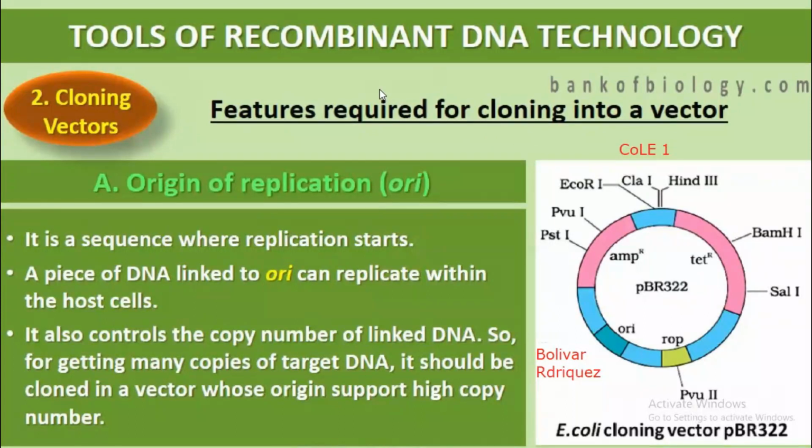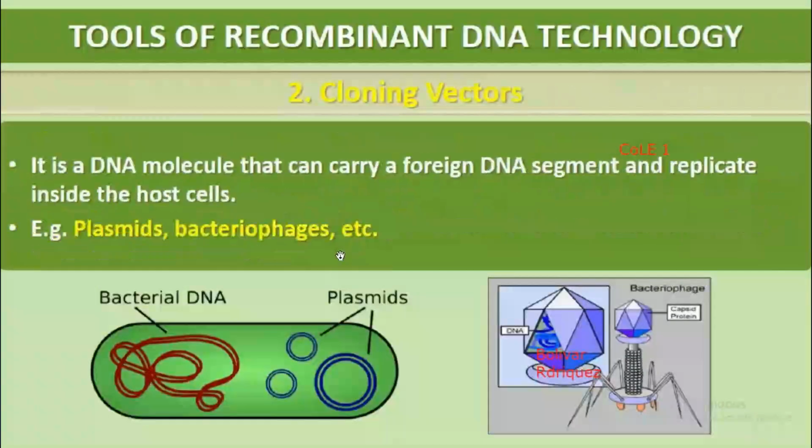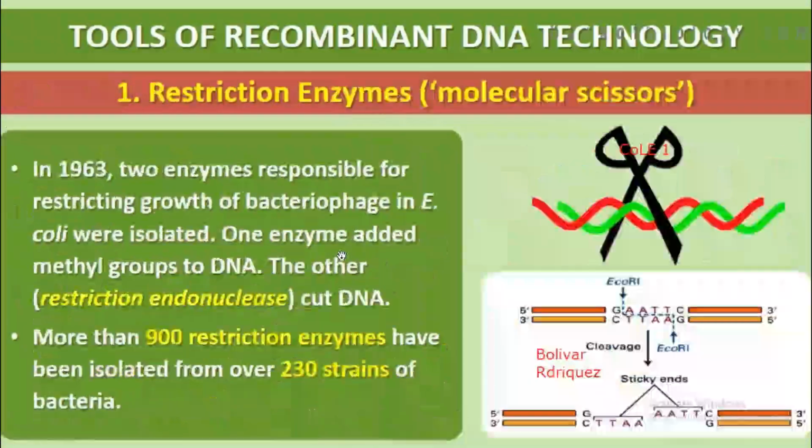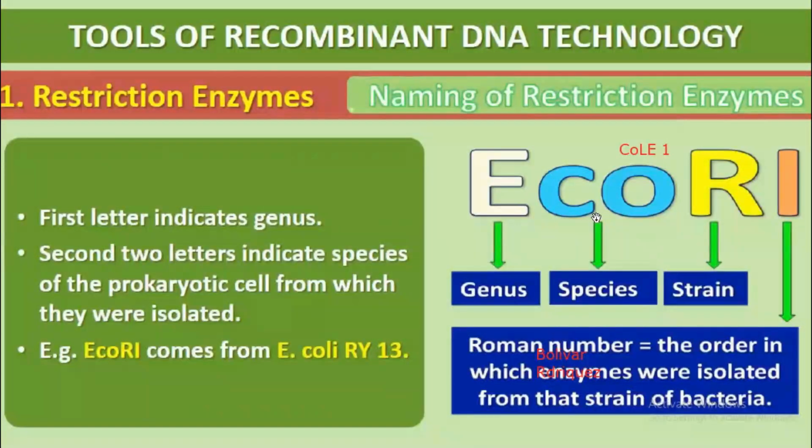All should remember it is an artificially synthesized plasmid from ColE1. Actually, ColE1 is the natural plasmid that is isolated from Escherichia coli. Here, please don't be confused with EcoRI. See, once again, please go through this. EcoRI is a restriction endonuclease enzyme. This is also isolated from E. coli bacteria. EcoRI is an enzyme. ColE1 is the plasmid of E. coli bacteria.